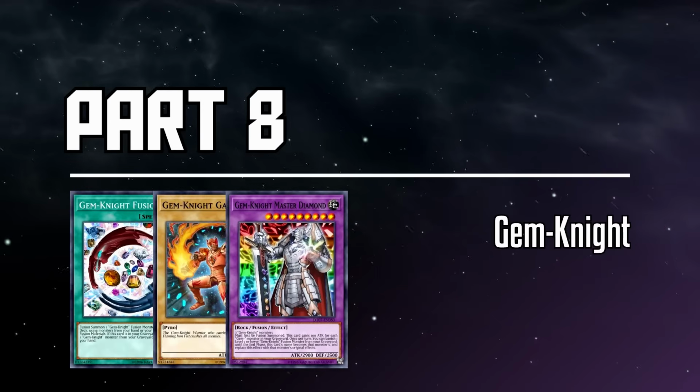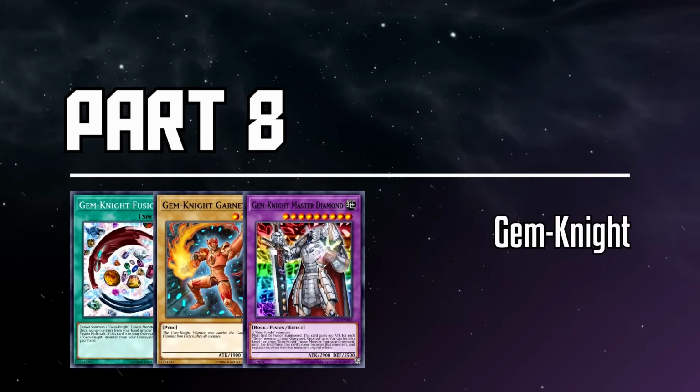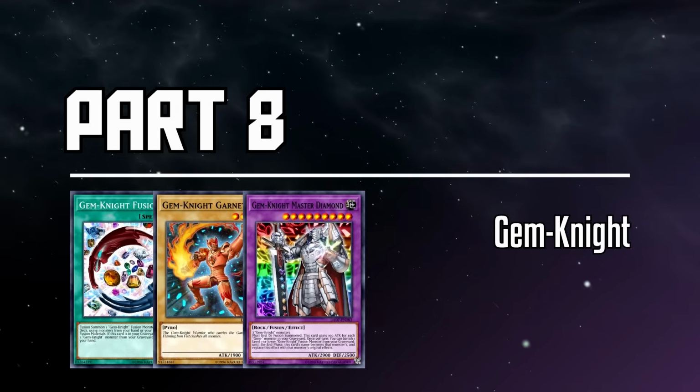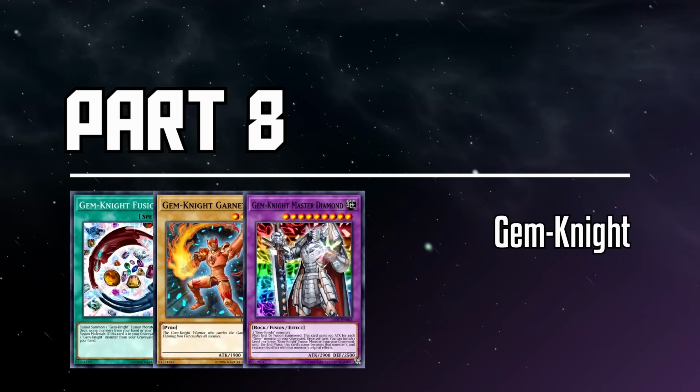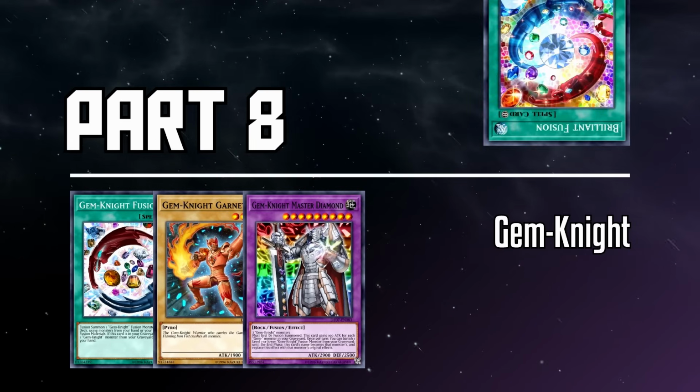Part 8. Gem Knight. Of all the themes to get support in Terminal World 2, I should have expected Gem Knight would be on the list. After all, Master Diamond just cannot catch a break. And hey, we did just get Brilliant Fusion back, so I guess there's no better time to take another look